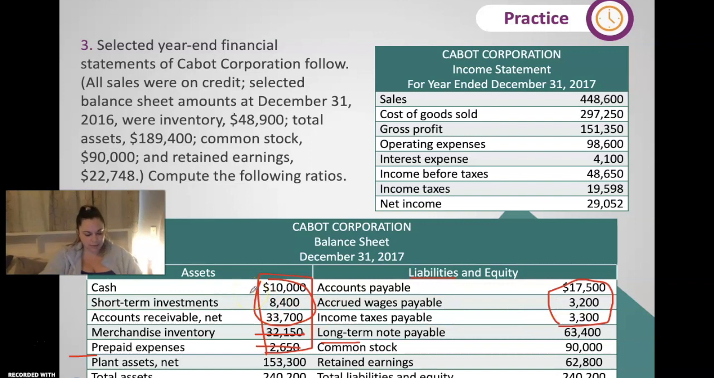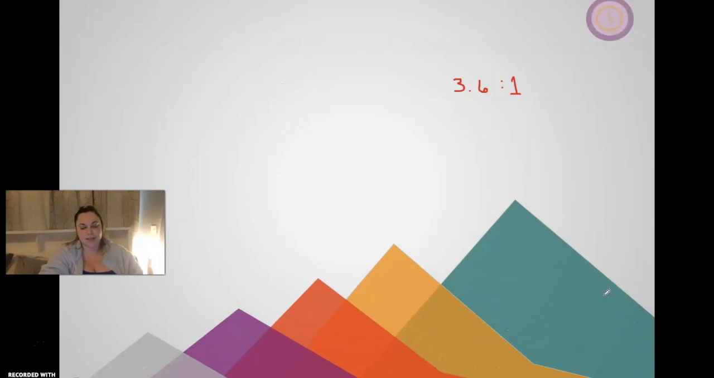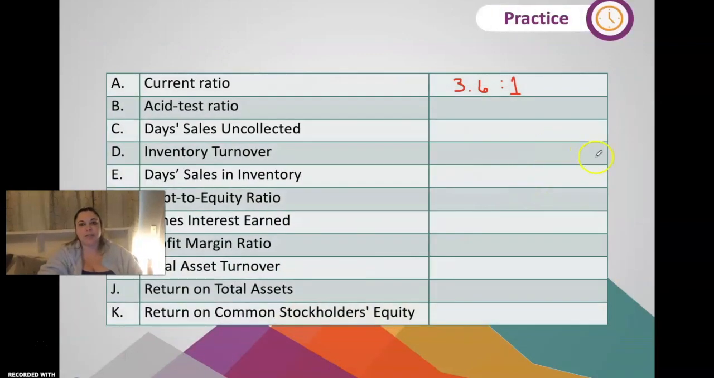So we're going to add up 10,000 plus 8,400 plus 33,700. We got 52,100. Divide by the 24,000. We already got that. So we should be getting, if you're following along, 2.2 to 1 when you do the